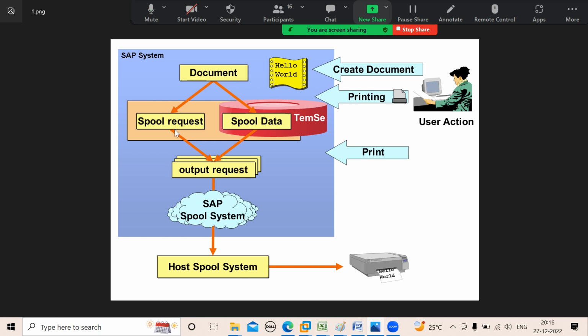So now whenever I give print, immediately dialog work process will come into the picture. It will create a spool request and it will create spool data. Spool data means raw data. Actually, you are doing some check printing. So this spool data is raw data. It will not be in a check printable format. Just raw data, whatever data is present in that screen, that will be bundled together and saved